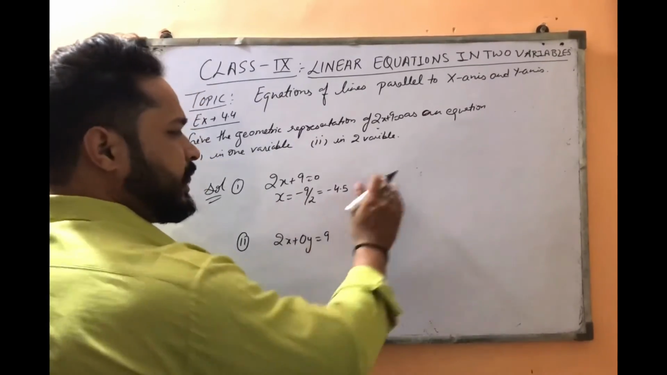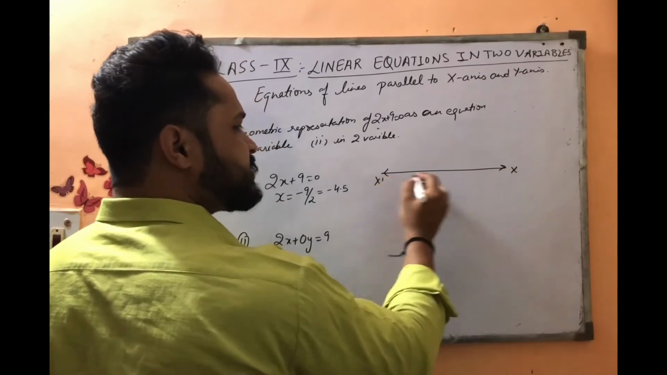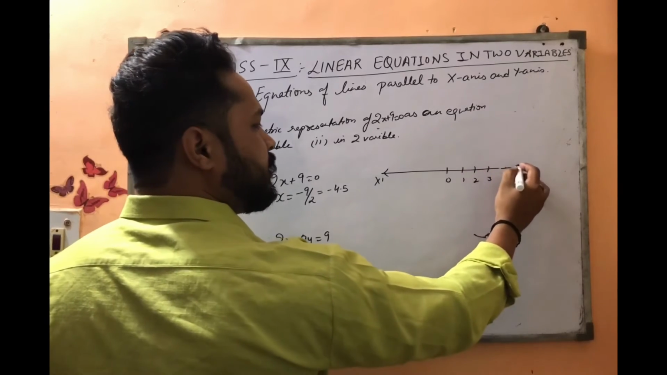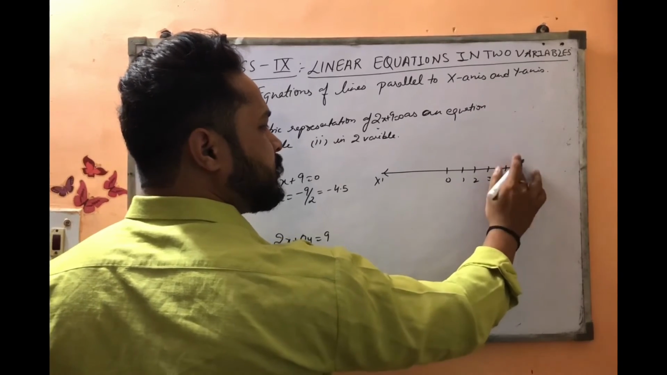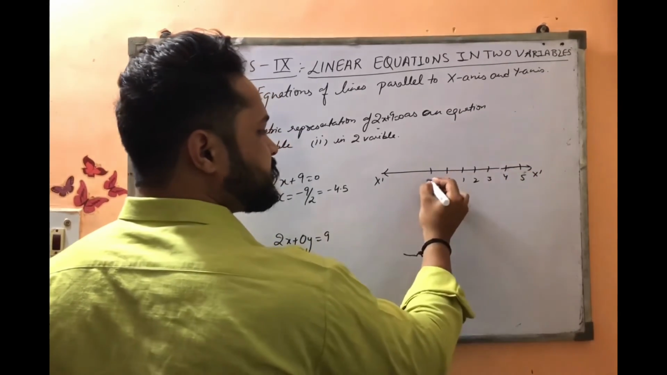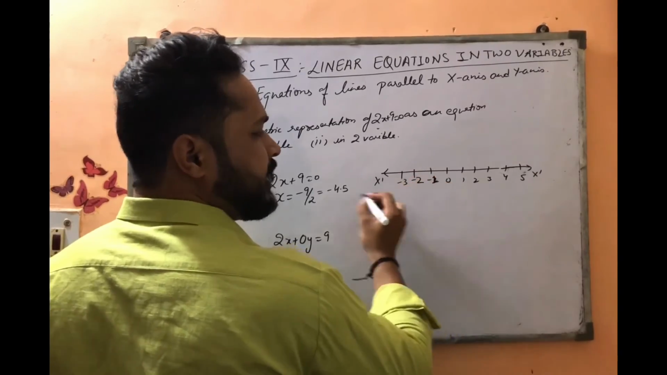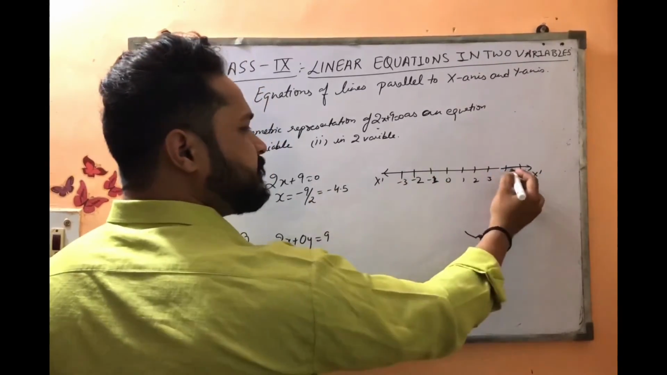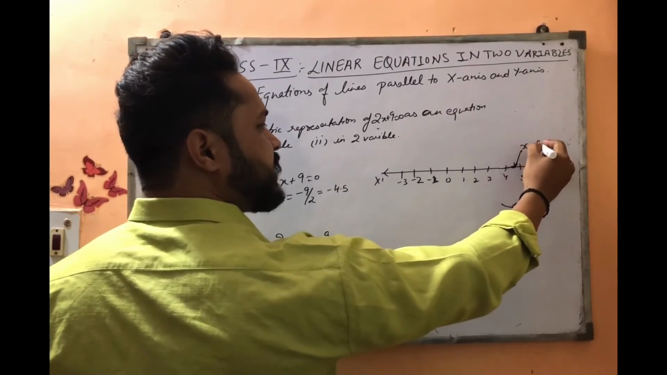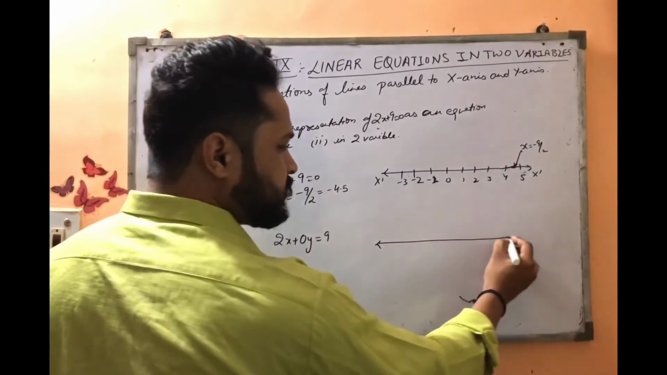Fine. So in one dimension it is represented as, this is x, this is x dash, this is 0, 1, 2, 3, this is 4, this is 5, and this is x dash, this is -1, -2, -3, and so on. So 4.5 is the middle of these. This is x is equals to -9/2. Okay. Similarly, in two dimensions,